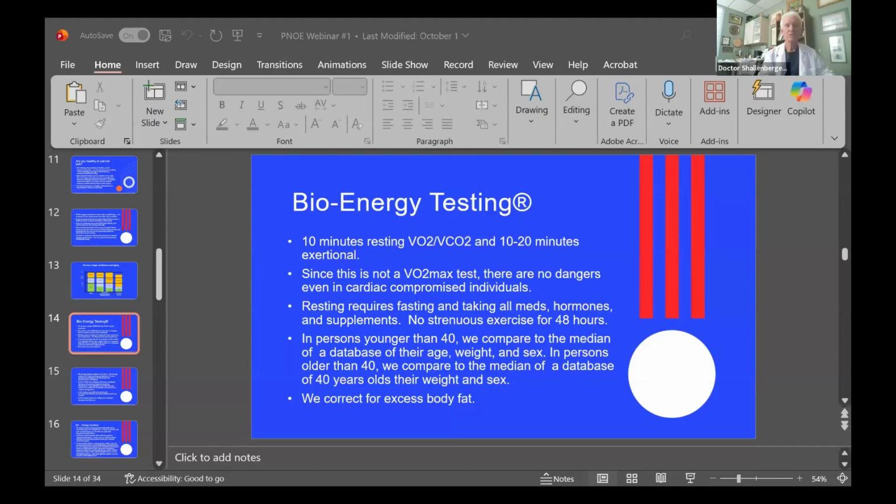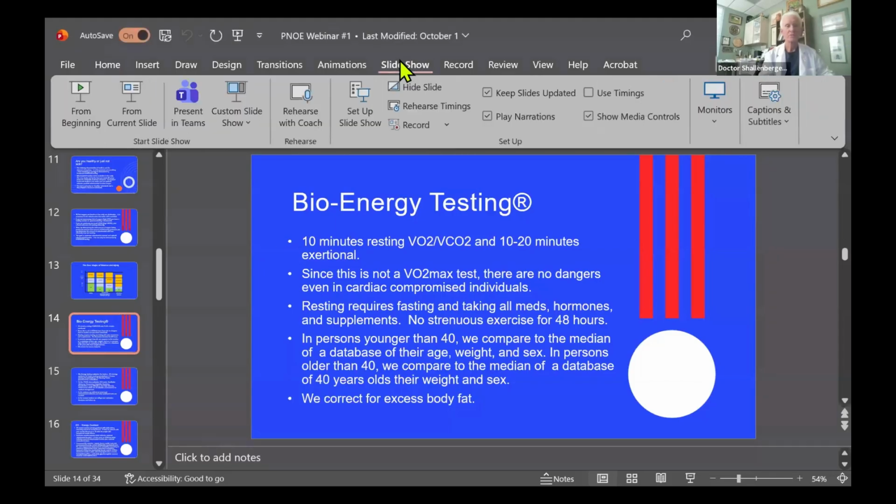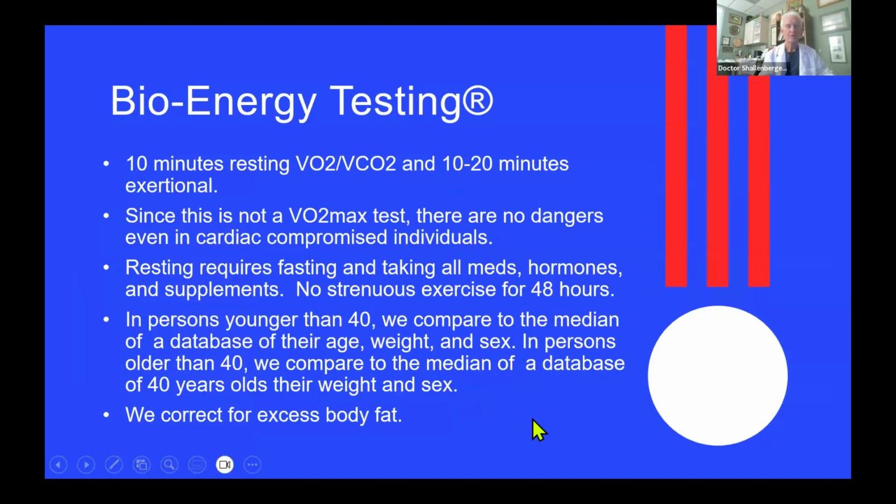Okay, so let's go here, and let me see how I'm going to do this. I'm going to do a share screen with you. Talk a little bit about some of the parameters we have here. All right. Okay, so I could go up here and do this, I think. Yeah, all right. Okay, is that showing up pretty good? Okay,